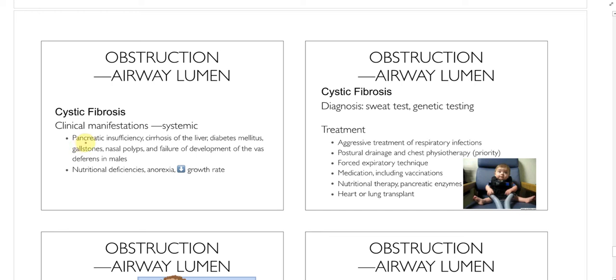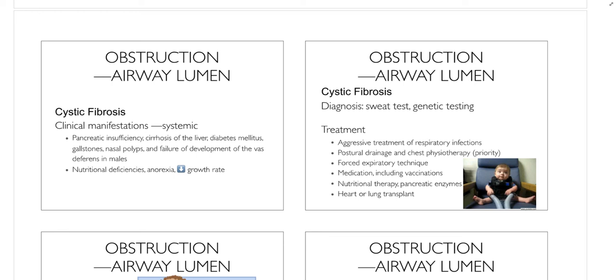So they're also going to have pancreatic insufficiency because they're going to have blockages of the pancreatic enzymes out of the pancreas, leading to an inability for them to actually digest their foods properly on their own. They may have a cirrhosis of the liver, diabetes mellitus because they're not getting adequate insulin excretion, which is an endocrine gland, but it can be affected by these blockages. They have gallstones, nasal polyps, failure of development of the vas deferens in males leading to